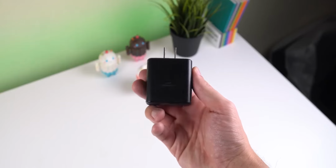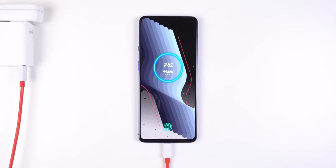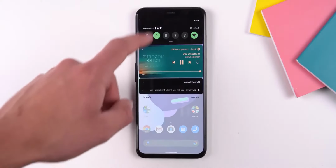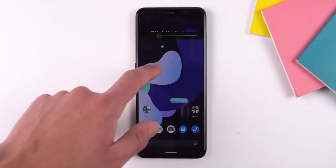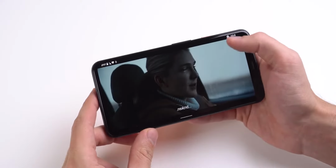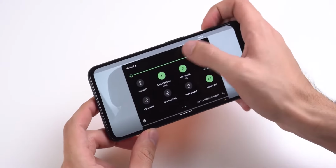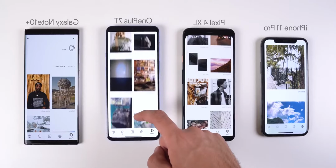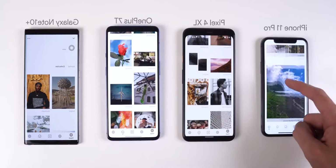The Pixel 4's fast charging method isn't as fast as most of its competitors out there, such as Samsung's new 45-watt charging brick or OnePlus's Warp Charge 30T. The second issue that I had is that the screen brightness doesn't get as bright as I'd like it to get. It usually surprised me that it was at full brightness even though it didn't seem like it was. The OnePlus 7T, iPhone 11 Pro, or Note 10, practically any other device released this year are all brighter than